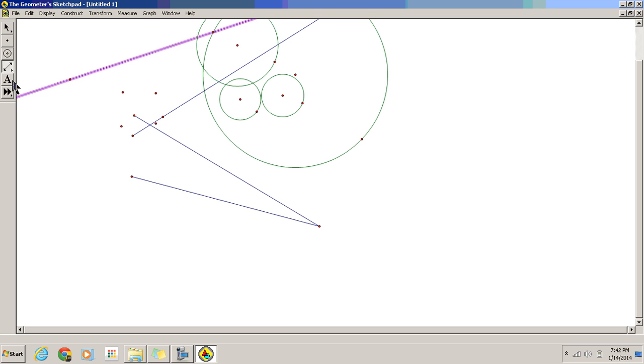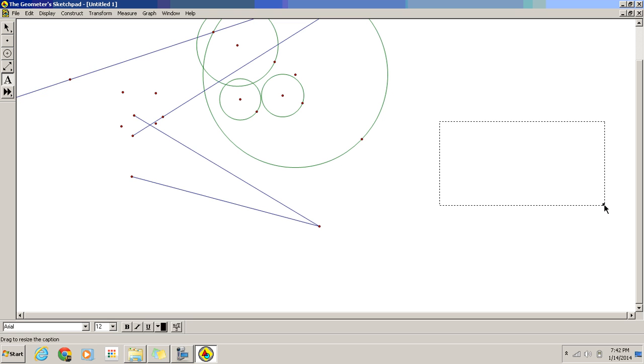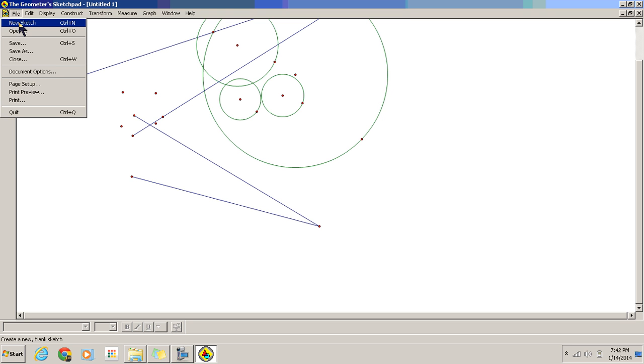Then you have a text box, which you can use to label stuff, and then you have your custom tool, which I won't be using right now because it does not come in handy. Then you have new sketch, which basically creates a new window for a new sketch